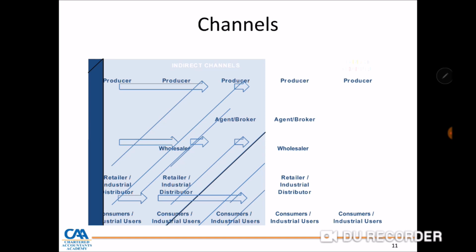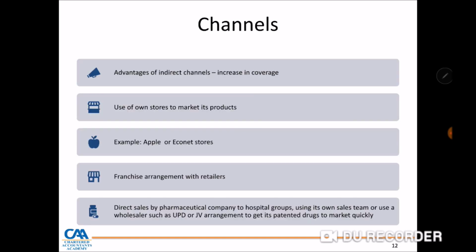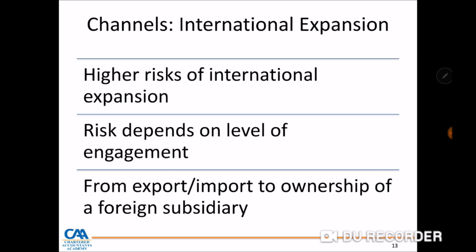Then if you look at a company like Battery Express, Battery Express manufactures car batteries, and they've got Battery Express shops where they directly sell to the customers. But also Battery Express sells to retailers such as Mohamed Musa. So it means that business is using both direct channels and indirect channels. Obviously, when you're looking at channels, indirect or direct, each has its own pros and cons. But you find nowadays most businesses are doing a hybrid of both direct and indirect channels.